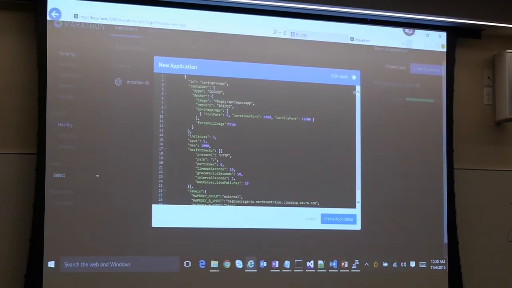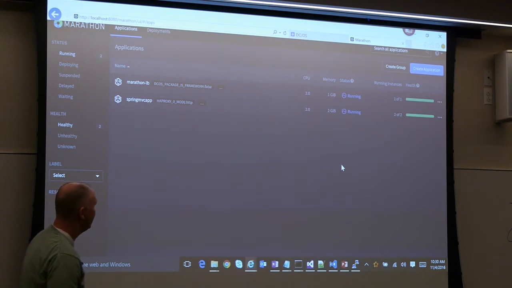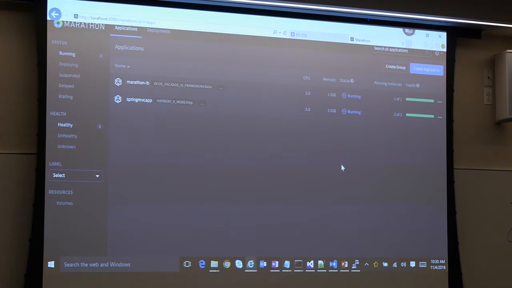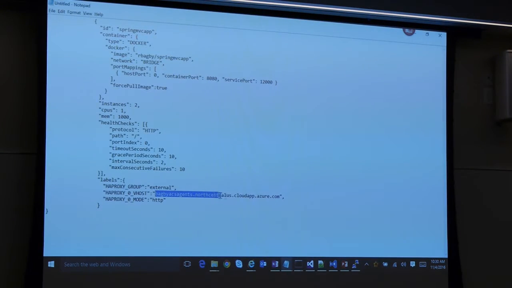So let's deploy this thing. Click Create, and let's see it deploy. It should be almost instantaneous. If it should be instantaneous, it'll probably take about 5 minutes today. There we go. I've got 2 instances up and running. So now, let's just take another look at this file. If I go out to this URI,